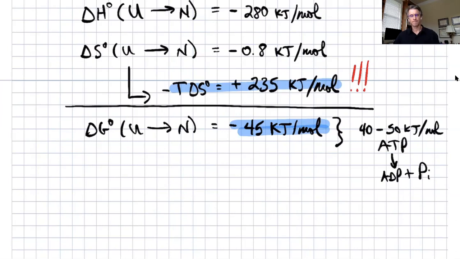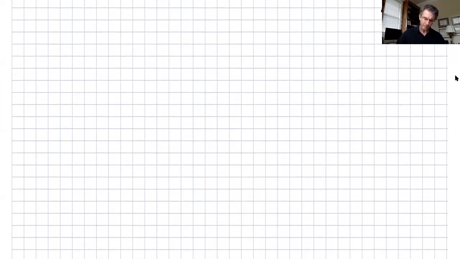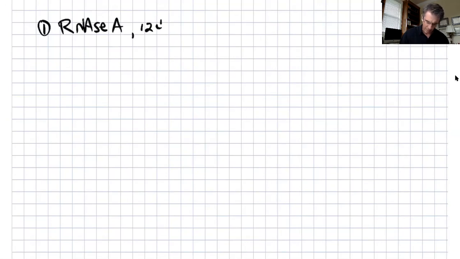So what's going on? Well, think about it this way. Let's think about RNase A again, and we're going to write down a toy model to try and illustrate this idea a little bit. So let's again consider RNase A. Like I said, it's a 124 amino acid protein. But just for the sake of this simple model, let's round that off. Let's just say it's about 100 amino acids, right? For the purposes of this calculation, it makes it easier. All right, 2,